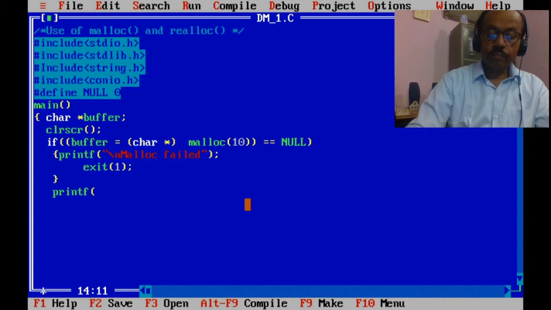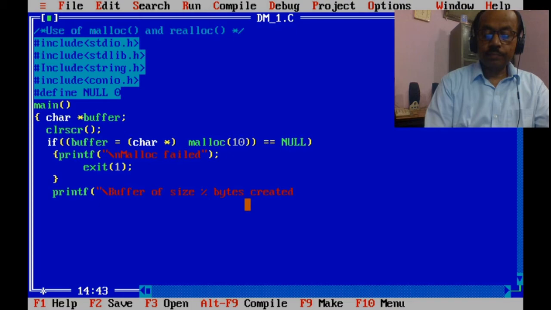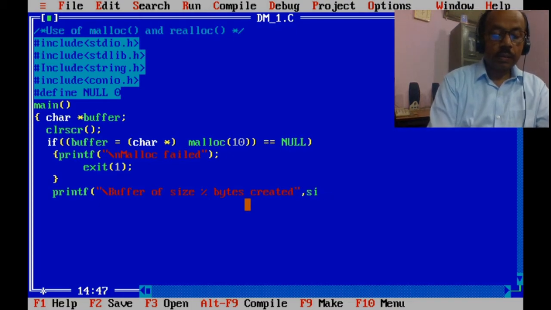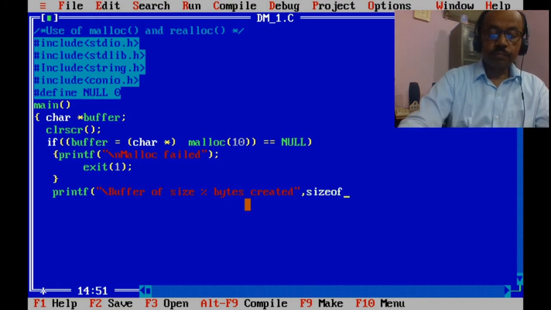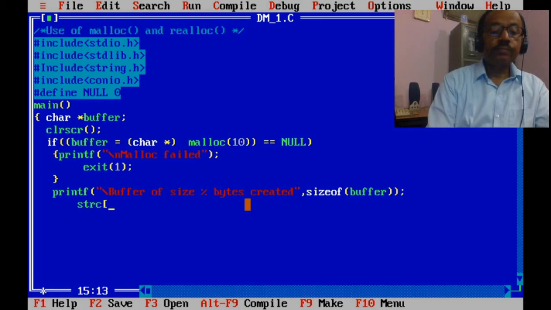Printf "buffer of size %d bytes created", sizeof buffer. strcpy buffer.